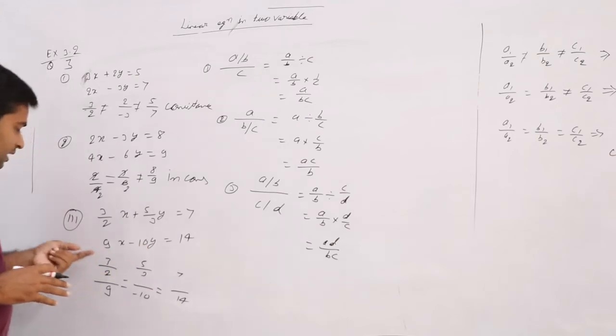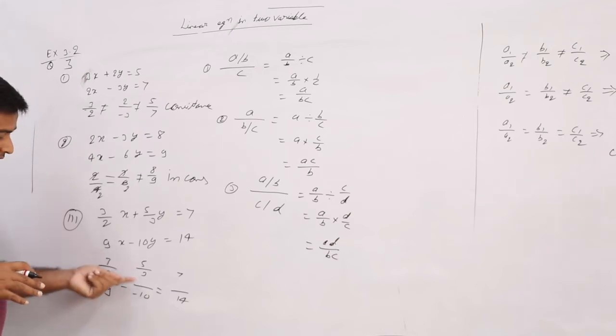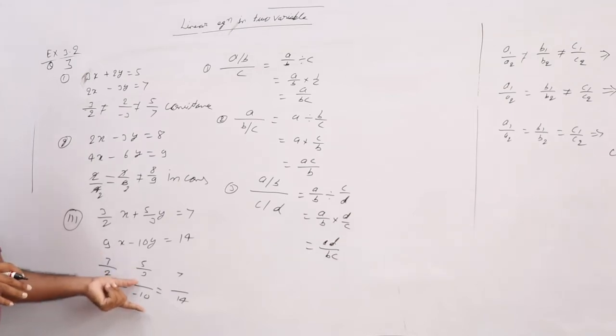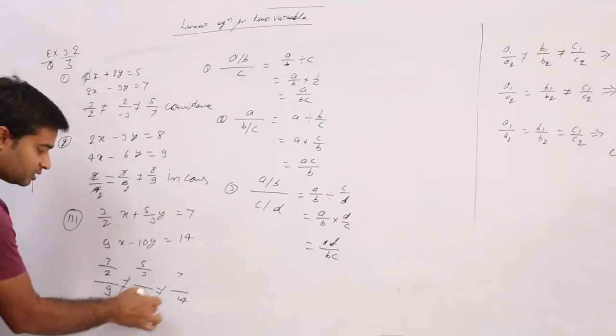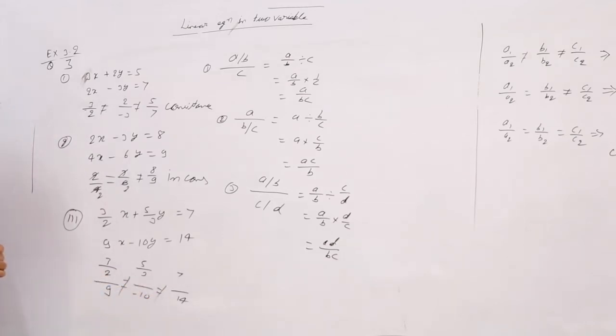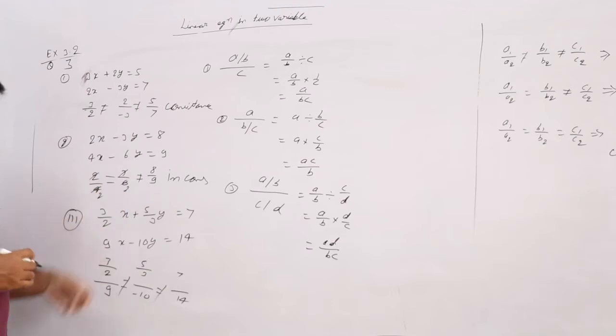Right. So what will come here? A by b by c. So this is 3 by 18. 3 by 18 means 1 by 6. Here 5 by 30, 5 by minus 30 actually. So it's 1 by 6 but minus 6, right? So not equal. These two are not equal. Yes or no? So if all are not equal, the solution is consistent. First one, 3 questions done.